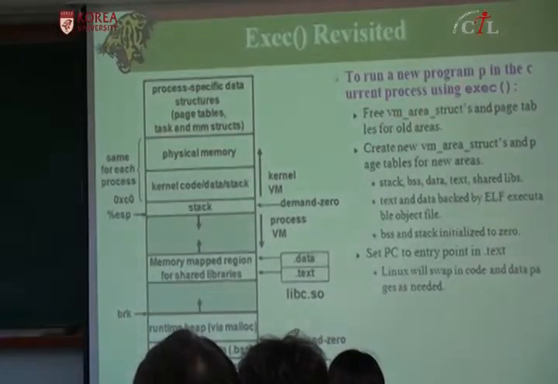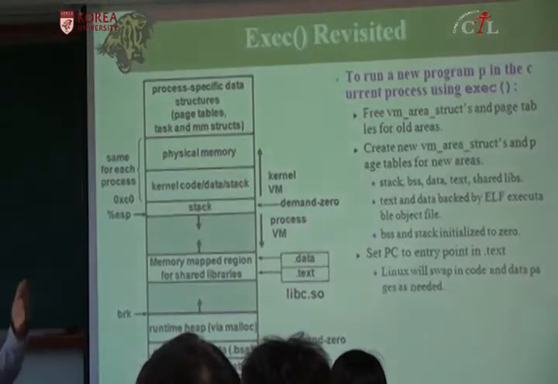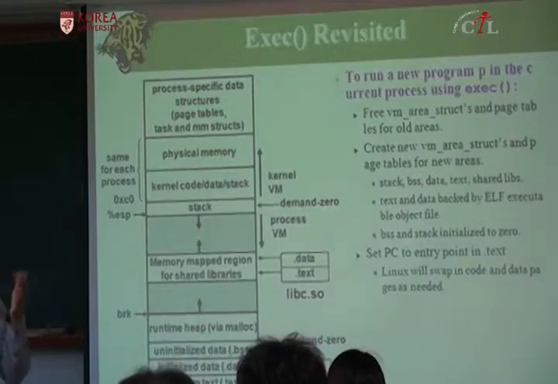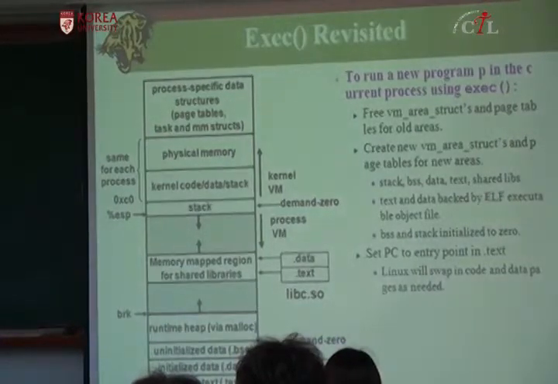So to run a new program in your process, you have to free all the virtual memory area structures and the page table. There is an existing collection of areas for Internet Explorer, so you have to delete, unmap, right? You have to delete all the areas and also delete the page table entries. You don't need the translation because you are running a different program. And then you have to create new virtual memory areas and a page table